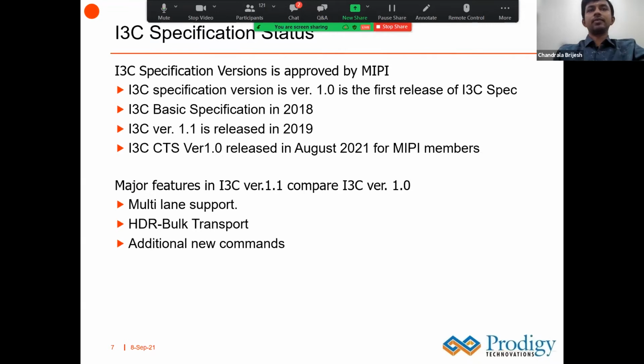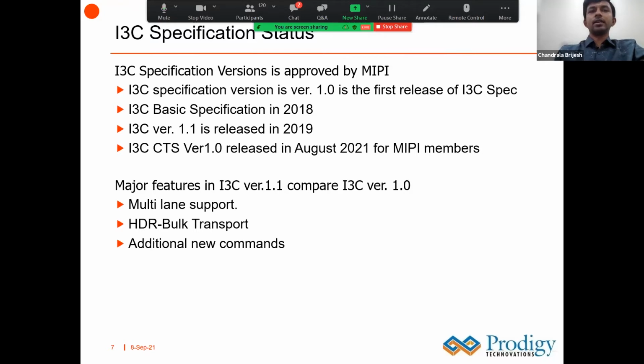After that, they came up with a basic specification, which is accessible to all people. The main I3C spec is only accessible to MIPI members, but this basic spec can be accessed by anyone. Version 1.1 was released in 2019, and 1.1.1 for the main spec and basic spec was released in